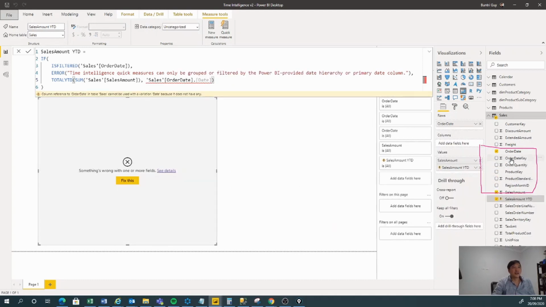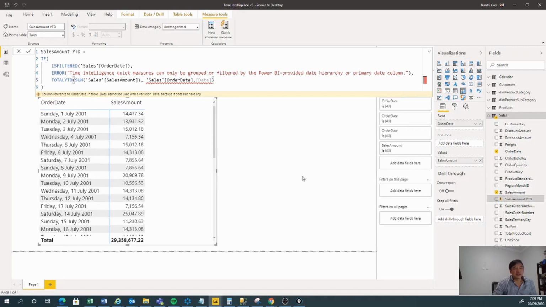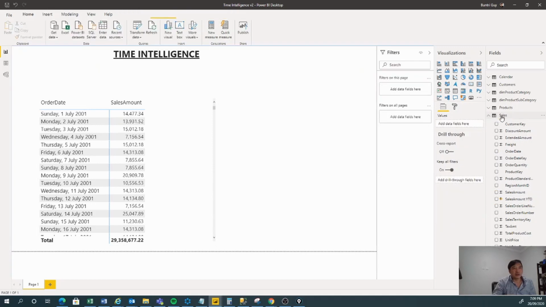See, gone, and the report breaks. The report actually breaks. So yeah. So basically, the time intelligence auto features only work with the quick new measures. And if I try to create a quick new measure,